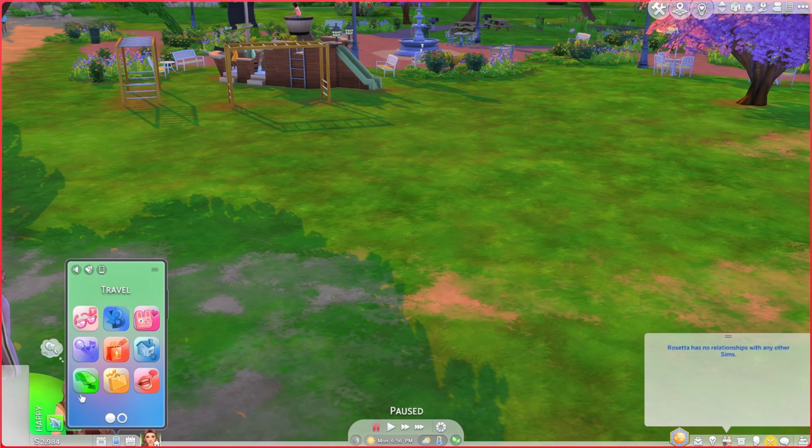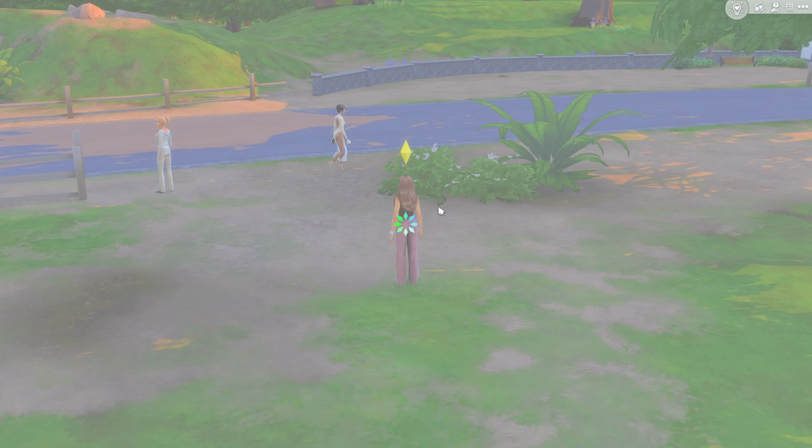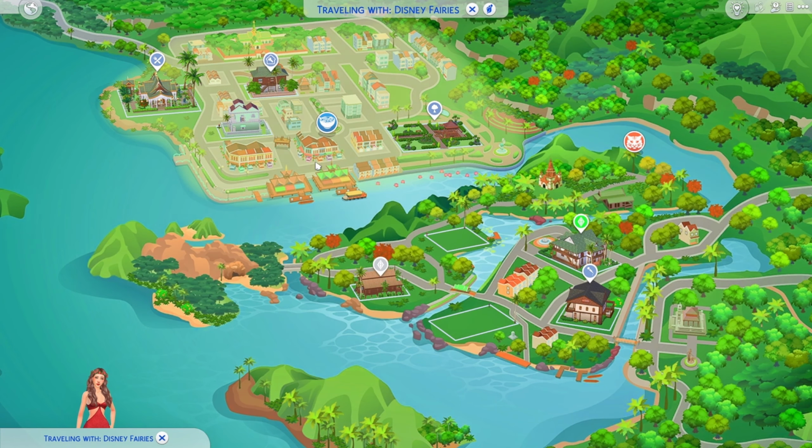This isn't about her being pretty, this is about her being cool. I love how the game gave her sweatpants for her every day. I mean, for her hot weather wear. It's lovely. Let's go back to Tomarang, because I wanted to show you guys how beautiful this is in the